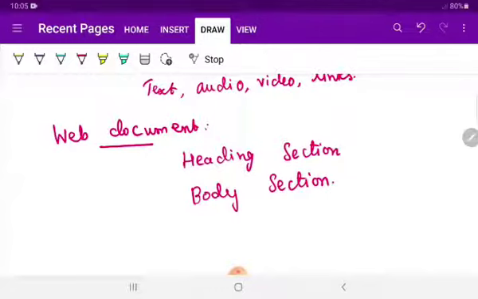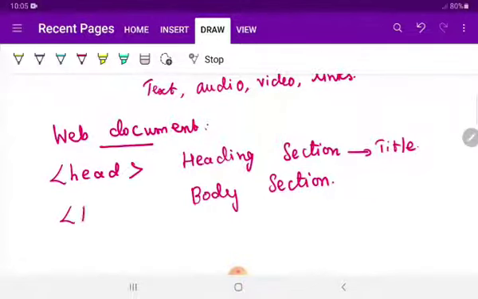So what will you have in the heading? You could have got an idea. Normally you will have a title in the heading. Similarly, headings will also be displayed for you. That heading must be within the head tag.